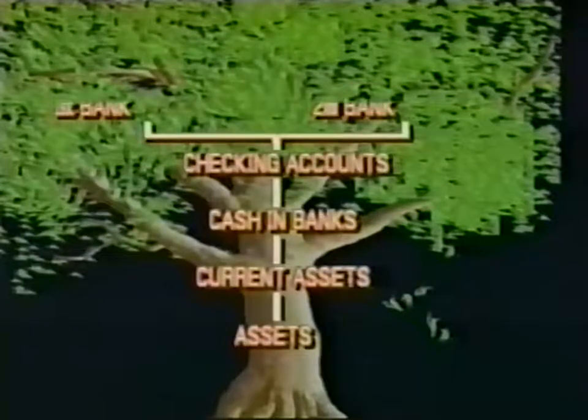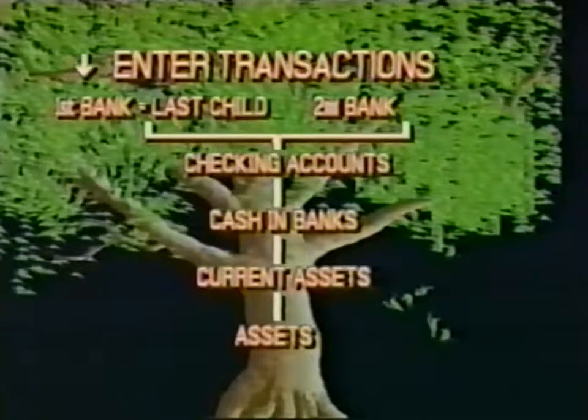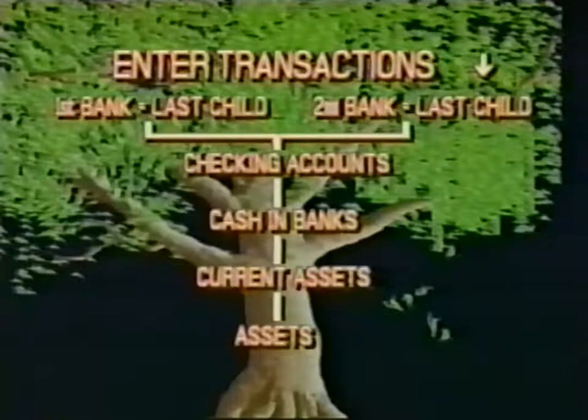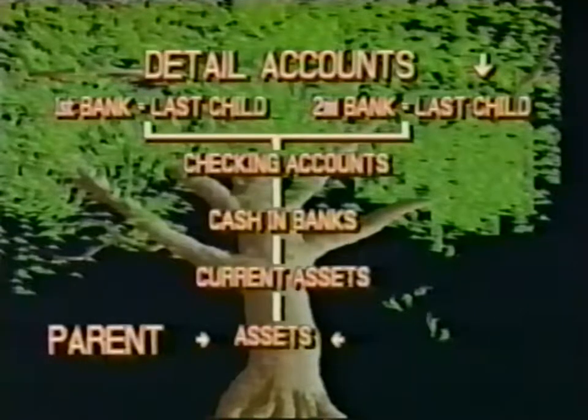The last account in any branch is the account where you will want to enter transactions for that branch. In this example, you will enter transactions in the Team Bank account because it is the last child of the branch that begins at assets and runs through current assets, cash and bank, and checking accounts. Of course, you could also enter transactions in the sister account, NCNB Texas account, because this account is also the last child in a branch. These last accounts in a branch, no matter which level, are called detail accounts. The parent accounts are called summary accounts.